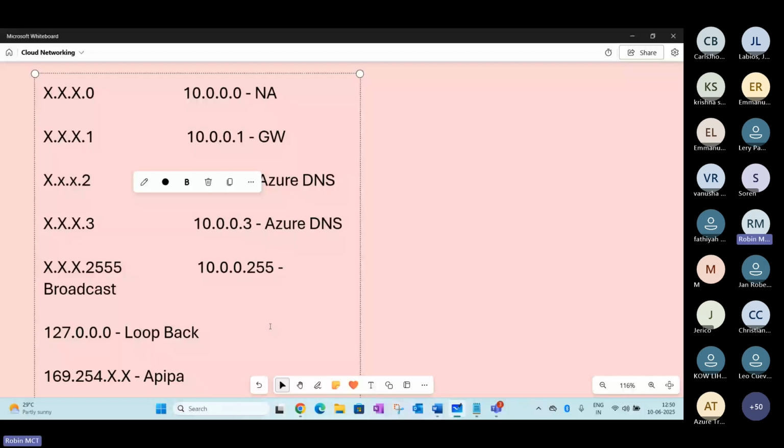I'm also giving one example for your understanding. So this may give you some confidence on how an IP address has been created here. Any questions from anyone?